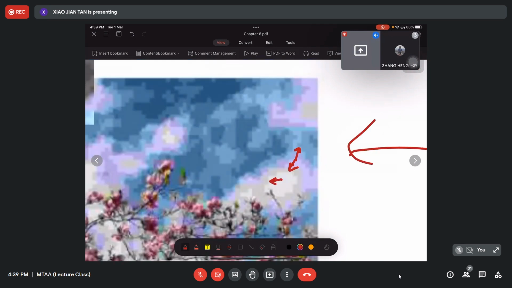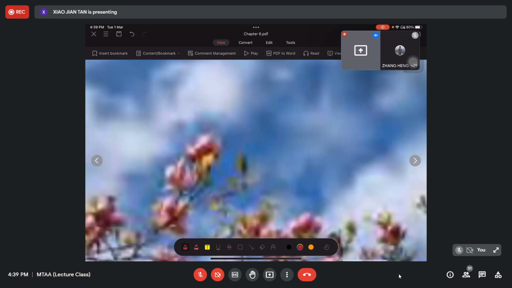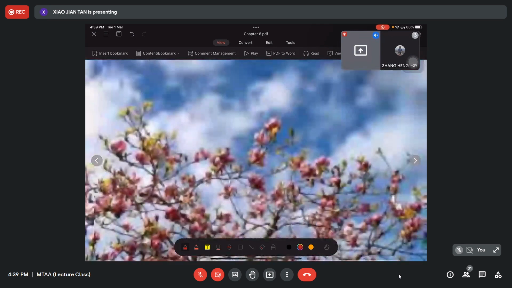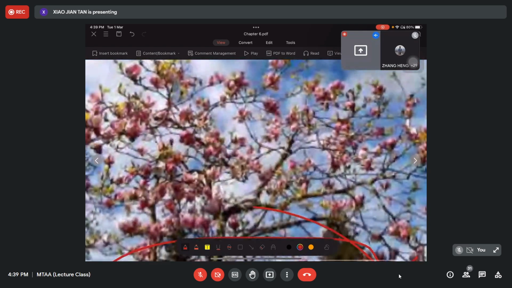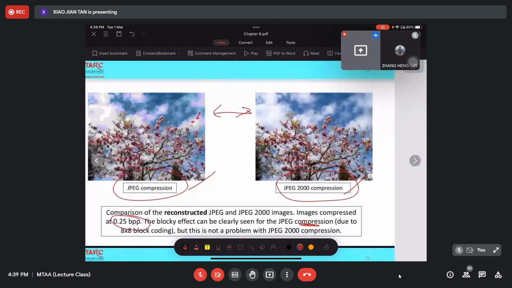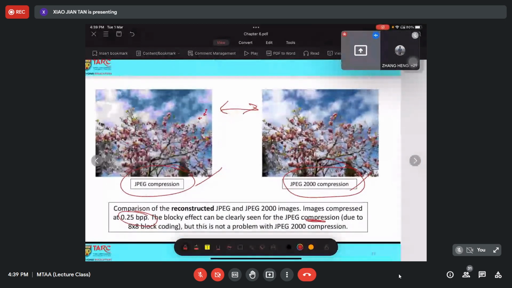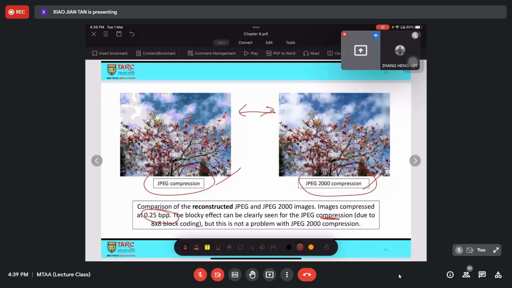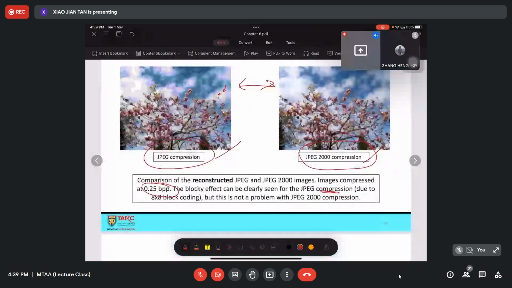But when you look at the JPEG 2000, the color would be better, I would say, and there is no blocky feel over there. That is because the compression method is not by 8 pixel blocks. So that is why the appearance after the compression would be different.